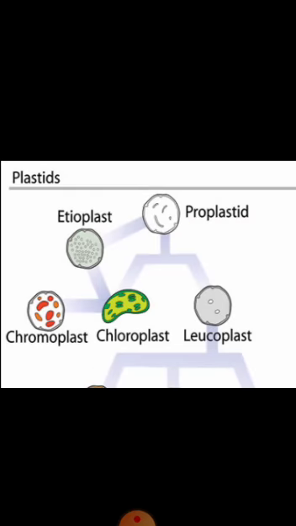The next organelle is plastids. Plastids are generally present only in plants and are responsible for making and storing of food. These are again of three different types. They are the chloroplast, the chromoplast and the leucoplast. Chromoplasts, these are actually pigments which are responsible for changing the color of the cell.